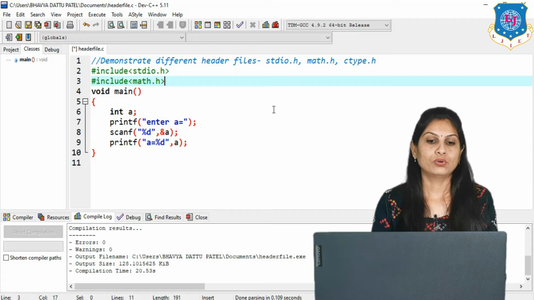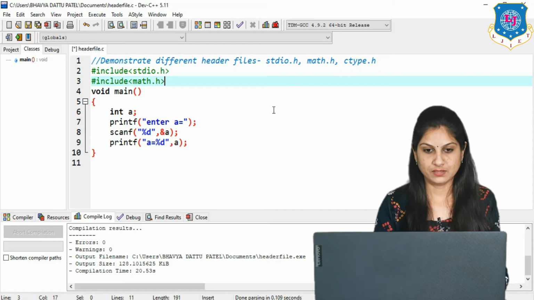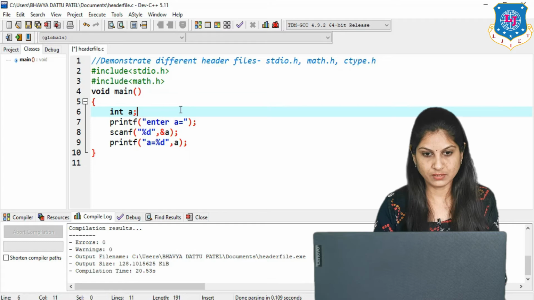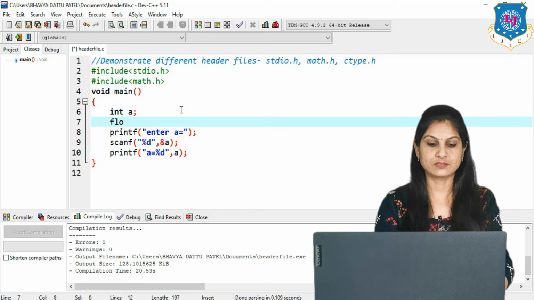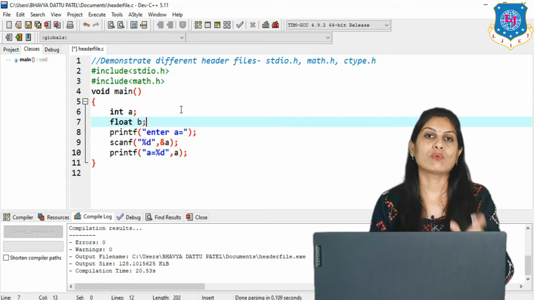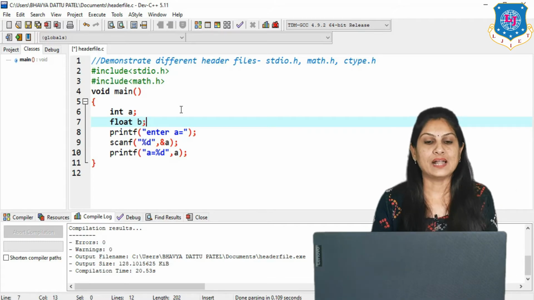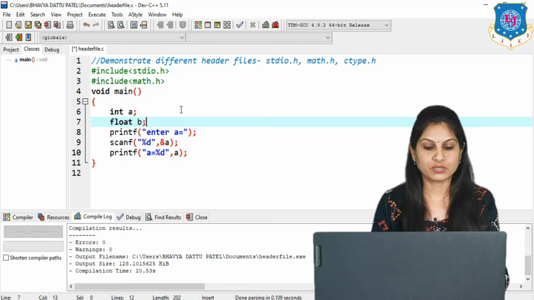Here I use another variable for the output, and that is float, because the square root of a particular number, the answer is in float. So float b I have taken for the output.